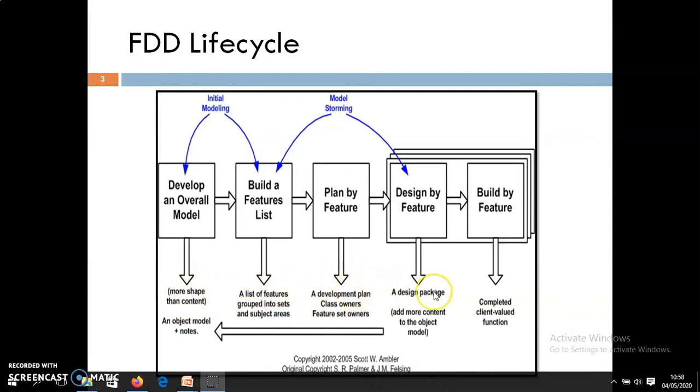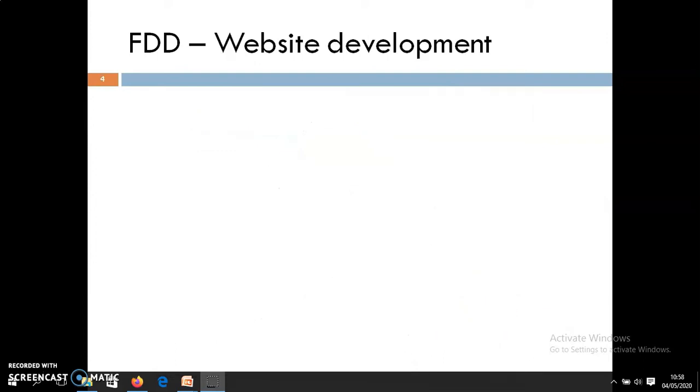A plan for class owners and feature set owners is finalized from this feature list. Then, planning a feature, a design package is prepared for that feature list, and the complete client-valued function is developed at the end of the feature driven development cycle.